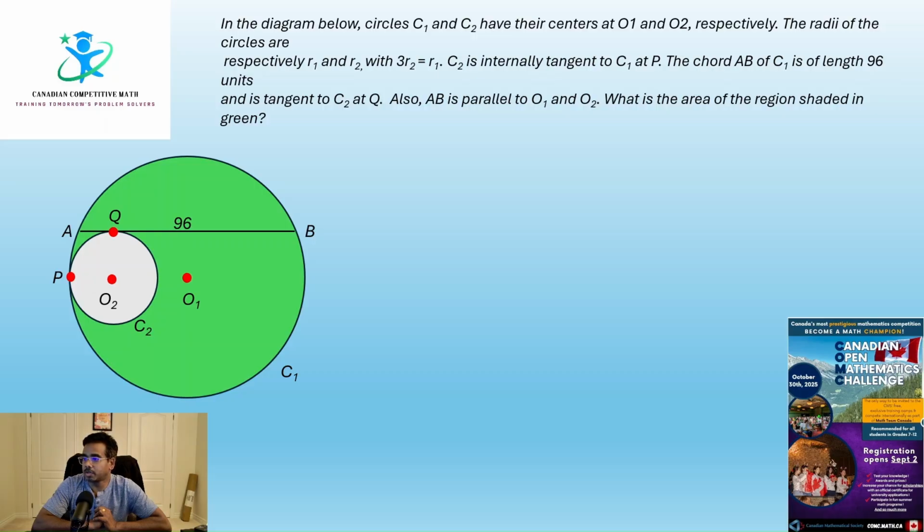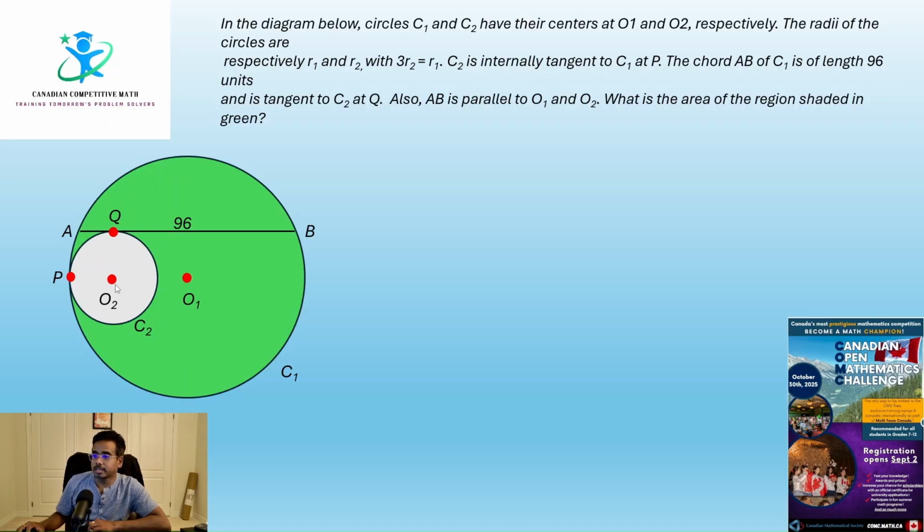In this question, we have two circles, C1 and C2. C2 is tangential to the circle C1 at point P. Also, circle C1 has a chord AB of length 96 units. This chord AB is also tangential to circle C2 at Q. In addition,